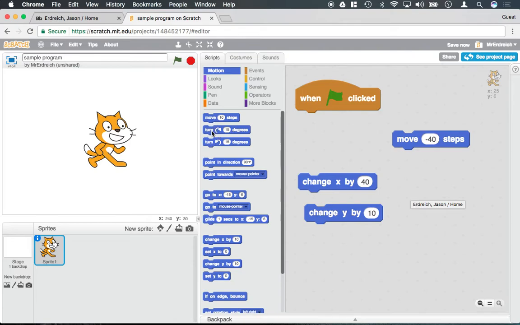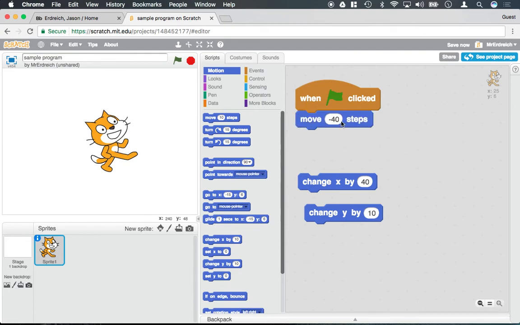So if I use the turn degrees block just to kind of rotate my cat around, I also want to point out that you can click on any block while it's in the word bank and it will actually function almost as a test function. So if I click on this turn degrees, even though it's not out here, I'm clicking on it and it is in fact working. So my cat's now kind of facing in this angle here,